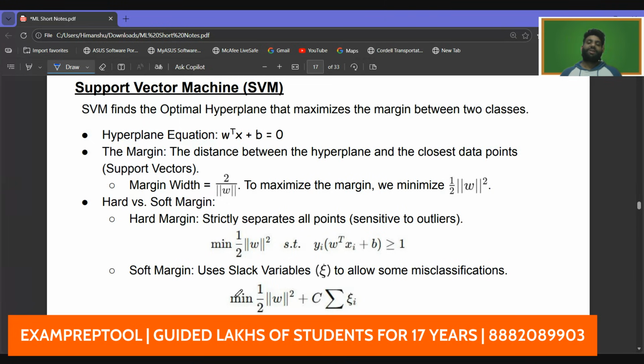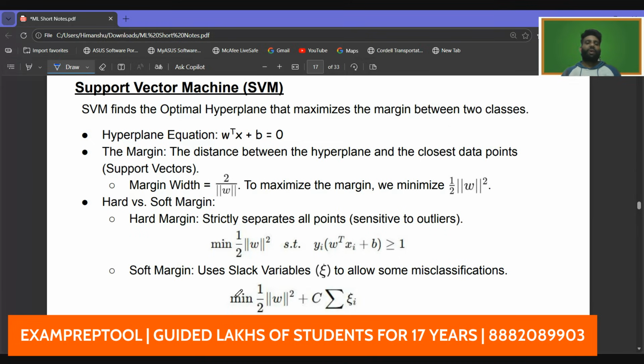So the margin is the distance between two hyperplanes and the closest data points, which are called support vectors. Support vectors are the points with the help of which we create those hyperplanes which we were calculating. So the distance between these two is the margin, and support vectors are those data points which either